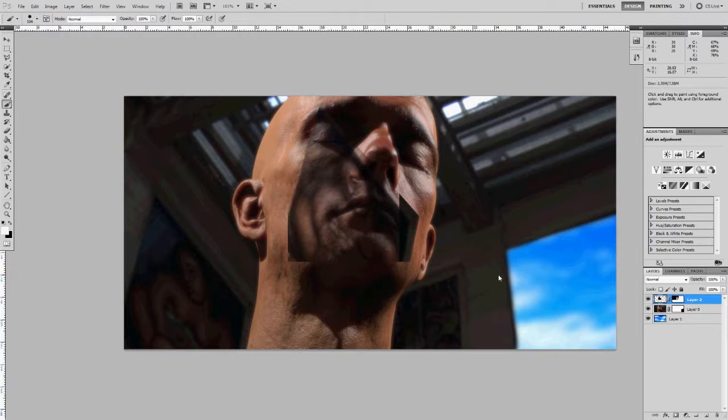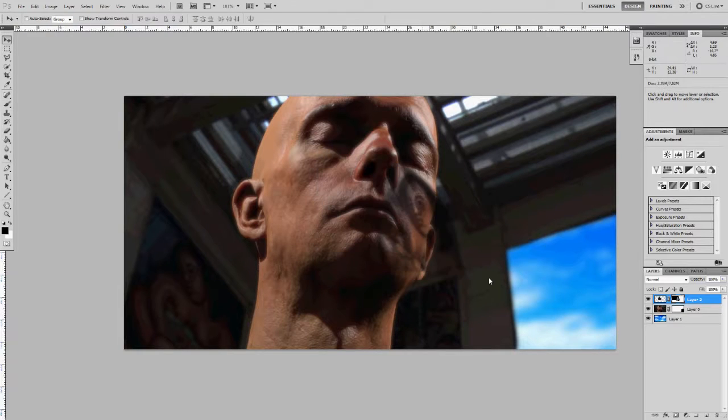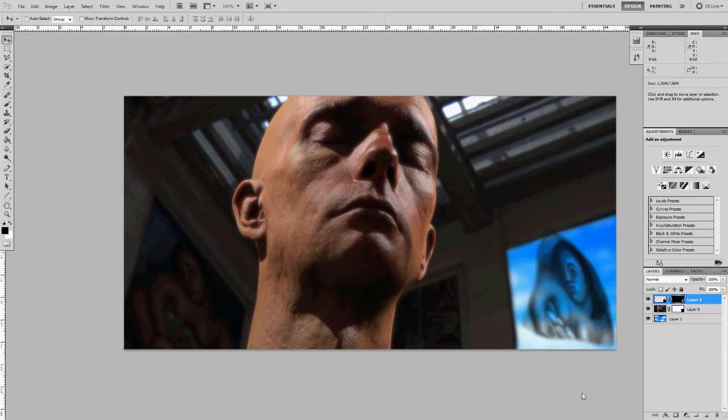And now I can simply paint on it with black color. Let's paint on the mask to get rid of all the borders. Okay. And if we may do something related to real world work, for example,